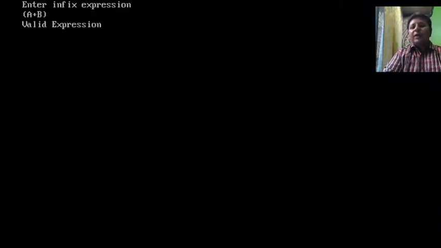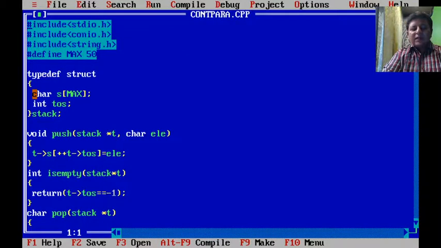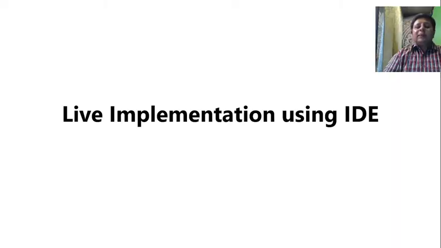It will come as a valid expression, because it simply overlooks all the operands as well as operators in between. It is only considering the brackets. So even if you do that, it will not have any problem. Suppose I say something like b into c, and in this I obviously miss the closing, so it is invalid. I guess these are enough examples for you to understand that it is working well.